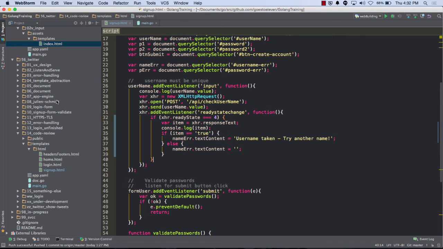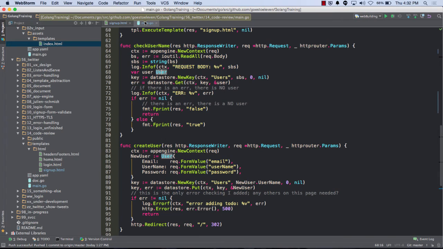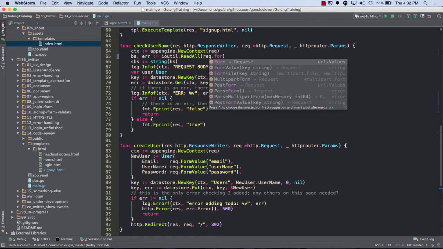When you used BS for a slice of bytes, was that the type that it is returned in? So you didn't have to. So that took me a second to figure out last night. But when I have my request body, if there's a form value, I could get that with like request dot form value and then give it like username, and it'll give me the username because a form's been submitted.